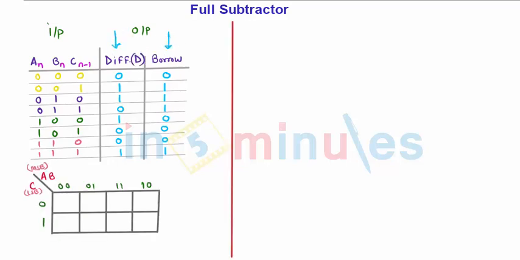So let us start with the K-map for difference. For difference, I am writing down this K-map, trying to reduce the logical expression. So the bits 1, 2, 4 and 7 are the bits where difference is present. So I will put these bits on the K-map. So it is clear that there are single ones. So I will make a group of single ones and I will write down the equation for difference D.